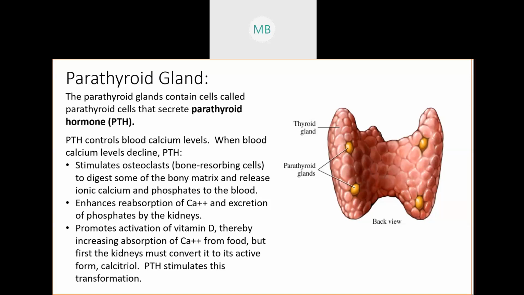When you have low calcium levels in your blood, parathyroid hormone is triggered, which causes your bones to release some of their calcium. And it also sends a signal to your kidneys to reabsorb some of the calcium in your waste, so you don't urinate it out. And this also, weirdly enough, because calcium is involved in this process, is going to promote the activation of vitamin D in your body, which is absorbed by your skin and processed by your kidneys,